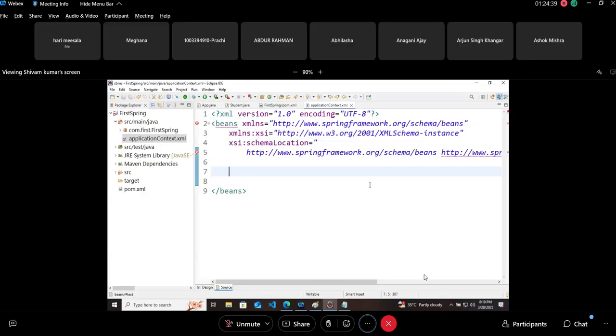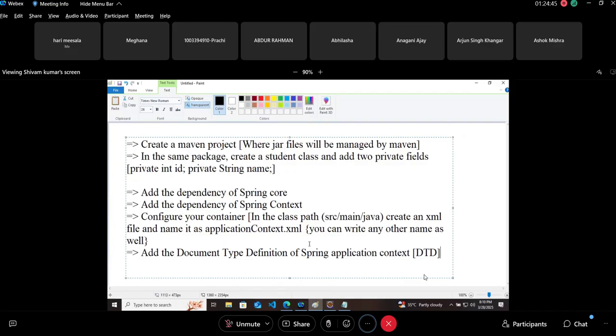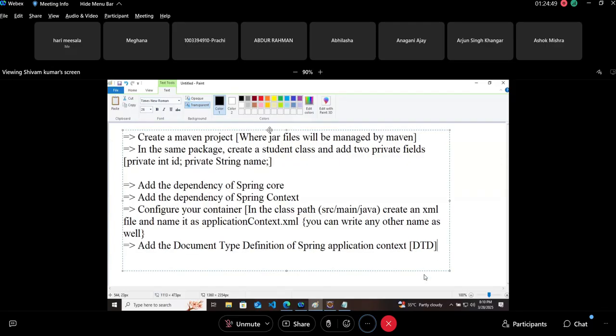So created. Now the container is created. The next part is to give your student class to the container so that it can manage it. You have to give it, right? For that, in the next step, what we will do is give the student class.